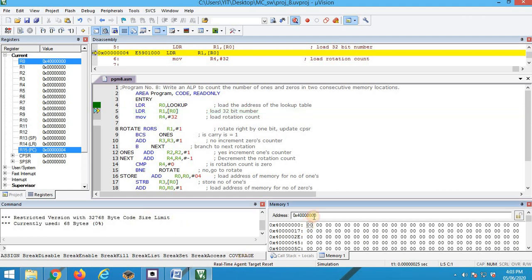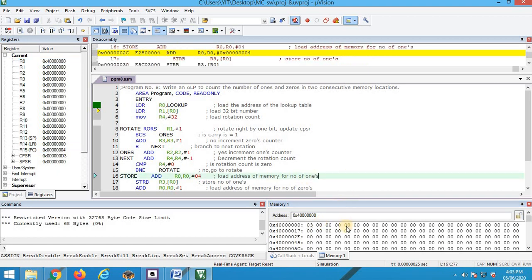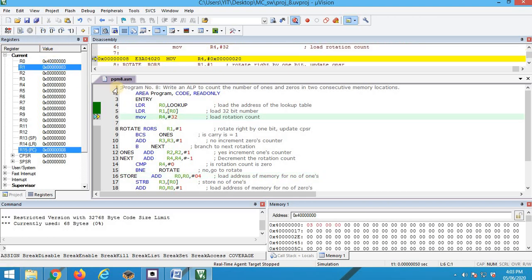Let's say the 32-bit number is 00000003. That's how you are supposed to read it. So that particular number will be loaded into register R1, as you can see here.